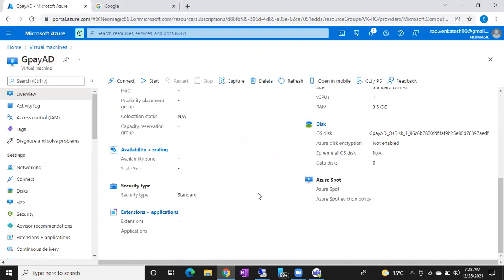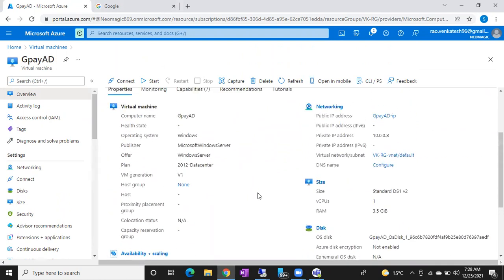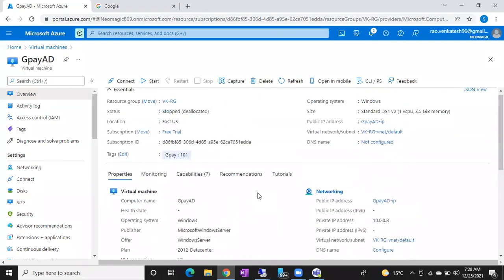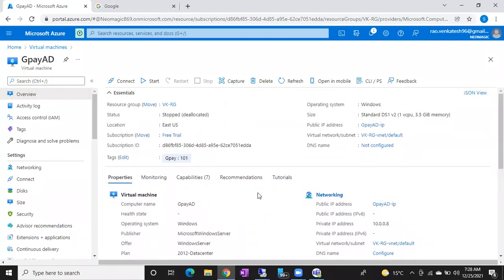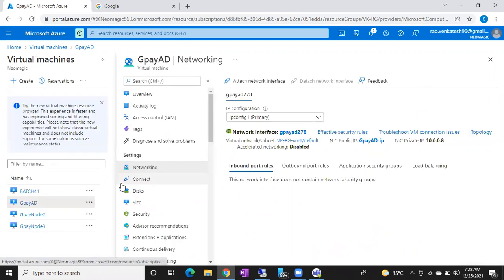We discussed already, a port is an entry point which listens to connections and communications. All the communications to the machine will happen through ports only. If the port is closed, you cannot log into the machine. By default, no need to do anything. Whatever settings we selected while creating this Azure VM, automatically 3389 will be enabled. If still having any issues, make sure 3389 is enabled by going into the networking section.